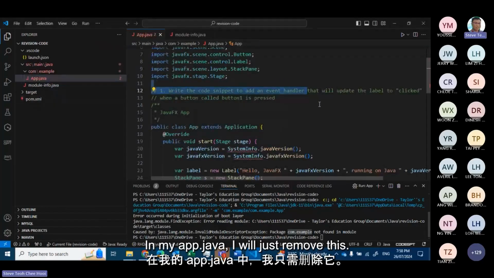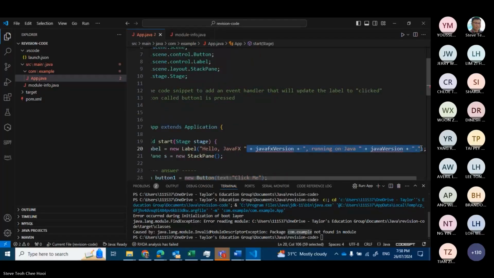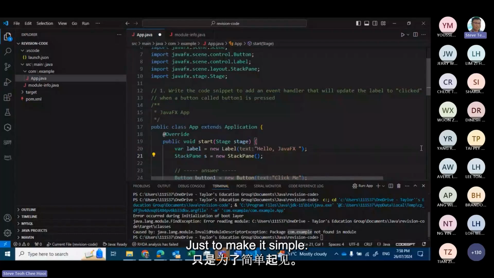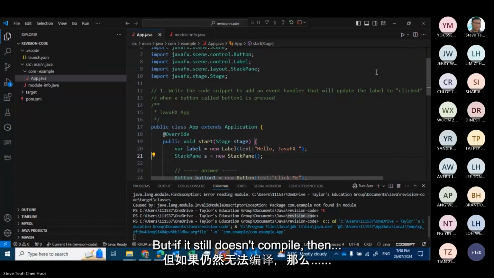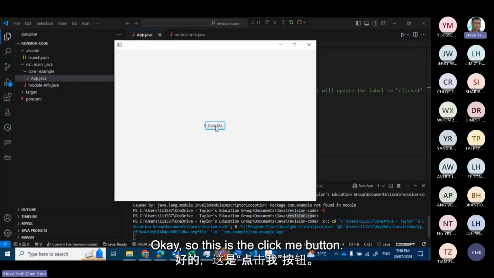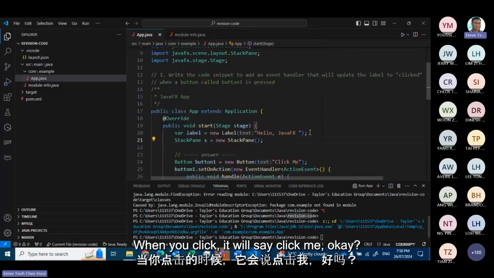In my app.java, I will just remove this. Okay, just to make it simple. But if it still doesn't compile, then okay. So this is the click me button. When you click, it will say click me. Okay, and